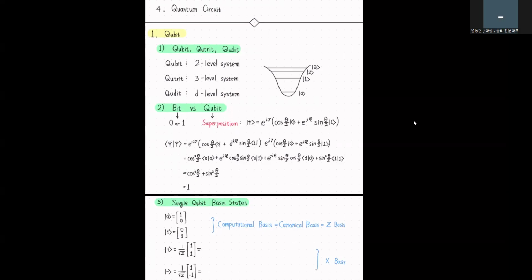Analogously, we have what's called the qutrit, which is a three-level system, and of course you have a qudit, a D-level system, which has multiple energy levels. So let's compare the two. How is a qubit different from a bit? Well, a bit only has two different states, zero and one, but a qubit has an additional